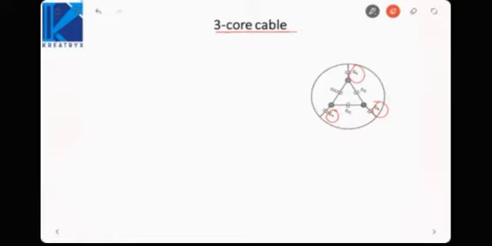So this CS here represents the core to sheath capacitance. But similarly, as we studied in overhead transmission lines, between two conductors there is always some capacitance, that is the core to core capacitance, CC here. So we have two capacitances in total: one is the core to sheath capacitance CS, and one is the intercore capacitance, CC.